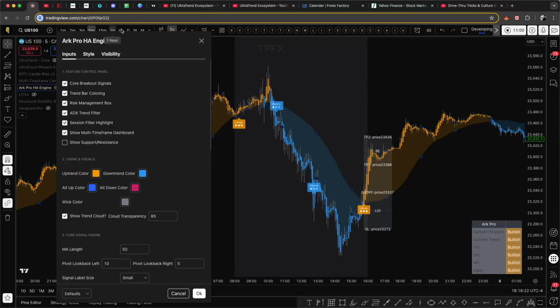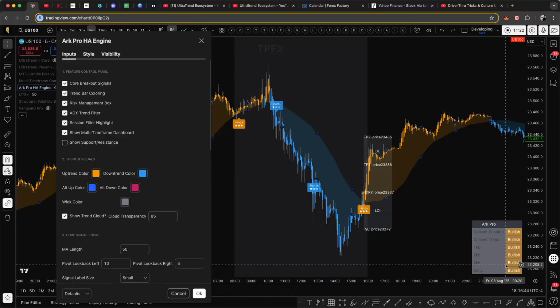You don't need to be shifting or looking in different time frames. You can just simply stay on the 5 minute, and this will tell you enough about what's happening in higher time frames. So this can give you your bias, right? So it can tell you whether I will enter